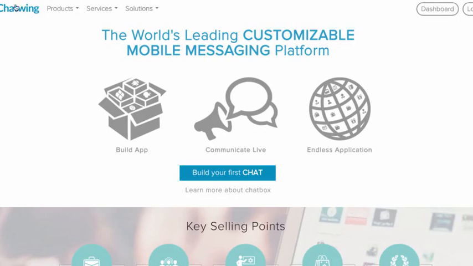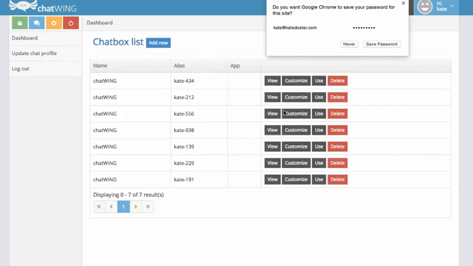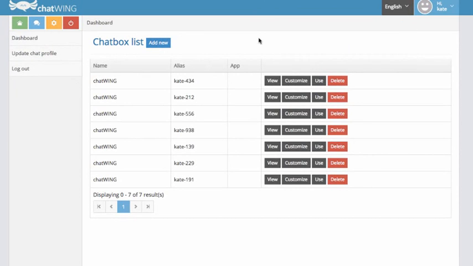So you're going to go over to chatwing.com and I'm going to log out, but you would hit login or build your first chat. You are going to have to create an account, which is fine, no worries. Log in here. And you are going to notice that I already have some boxes made. But what I want you to go up to do is go to Dashboard,